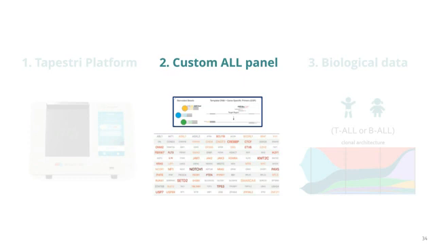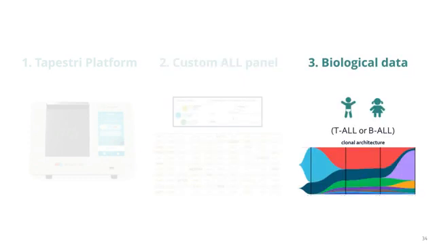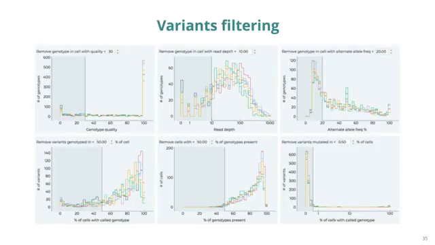So with this, I'd like to move to the last part of my talk, which is a bit more the biological part. So first of all, the first step is that we receive from each of the samples thousands of variants. So the first thing we need to do is remove those variants that have low quality and that are present in low frequency. I just want to show you here the example for a few samples to focus on the thresholds